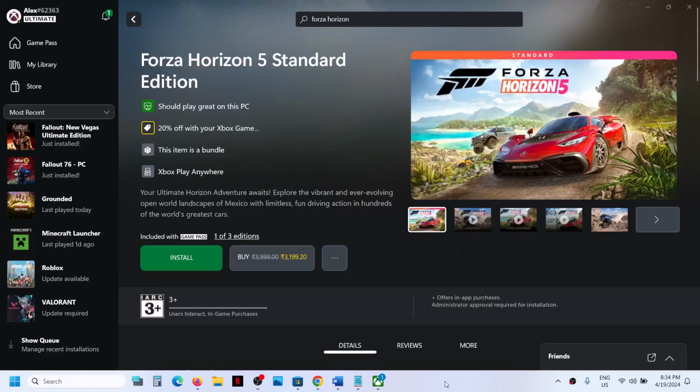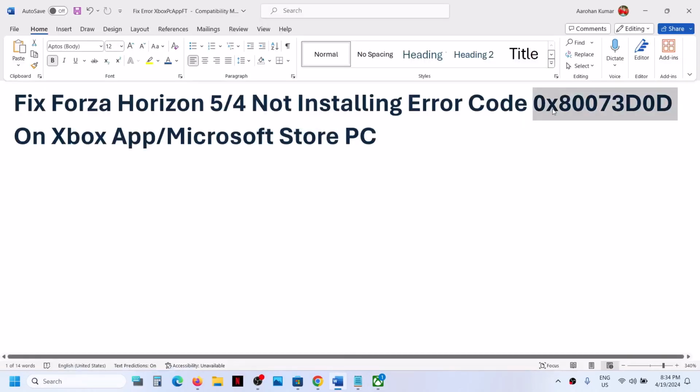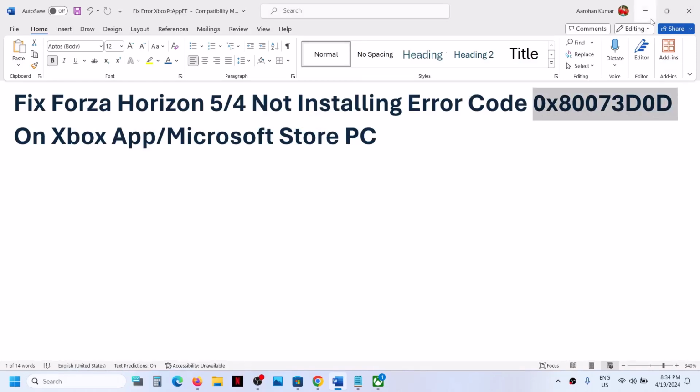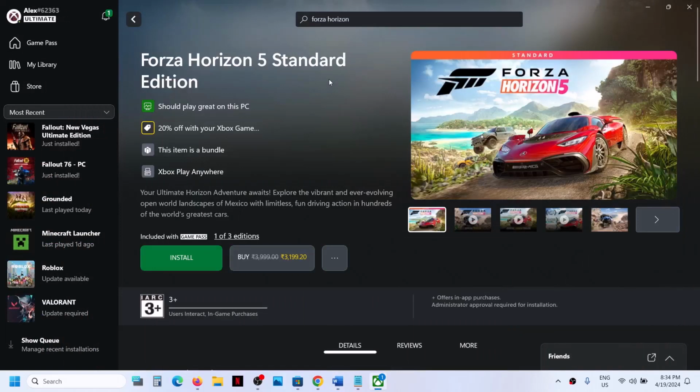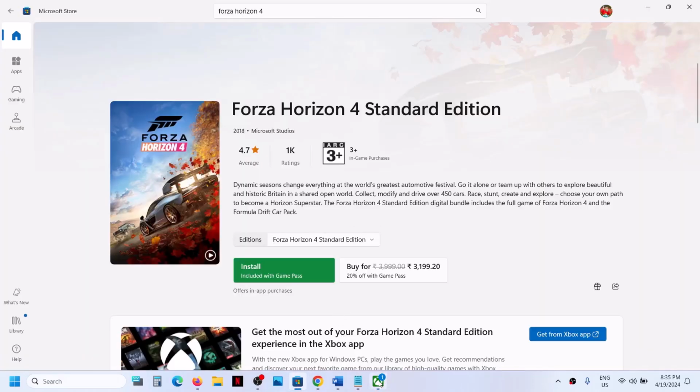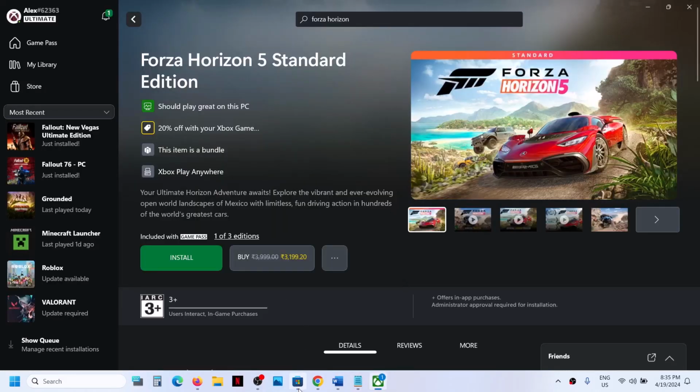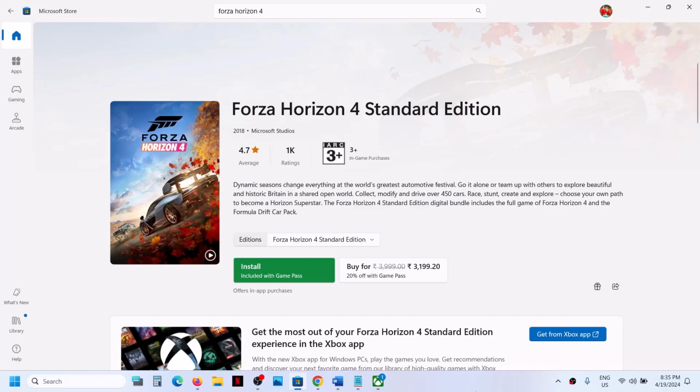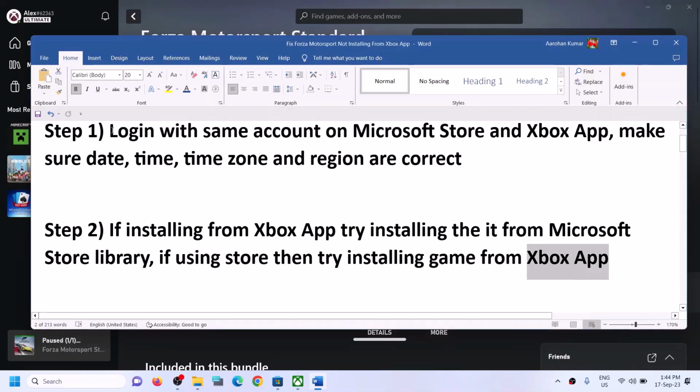Today in this video I'm going to show you how to fix error code 0x80073D0D. So if you're receiving this error code whenever you try to install Forza Horizon 5 or Forza Horizon 4 from Xbox app, or even if you're trying to install it from Microsoft Store, then please follow the steps shown in this video. The first step is to log in with same account on Microsoft Store and with same account